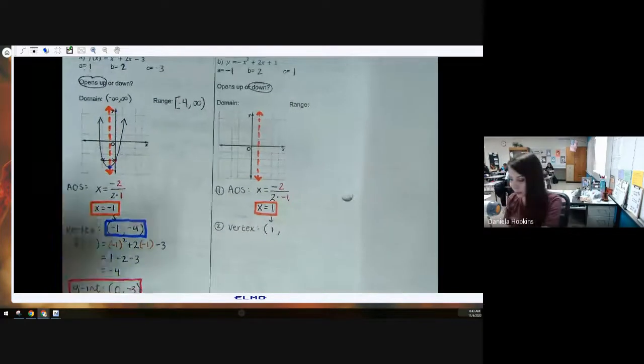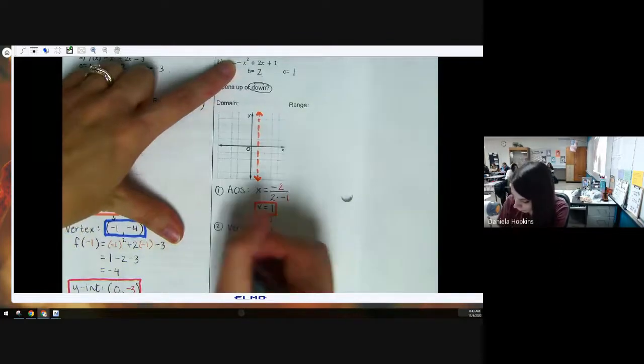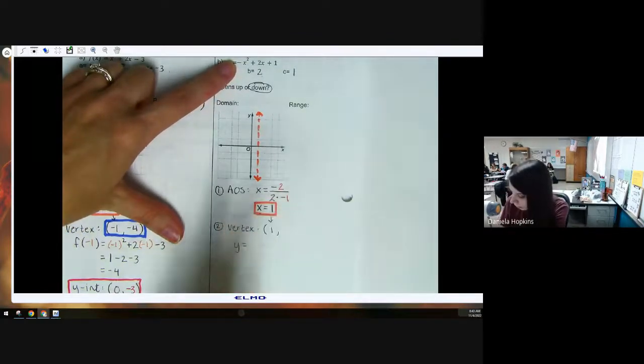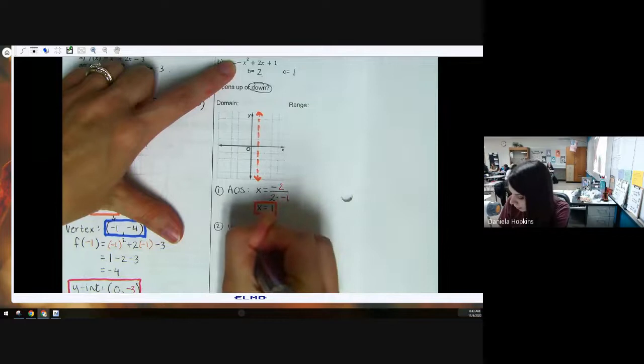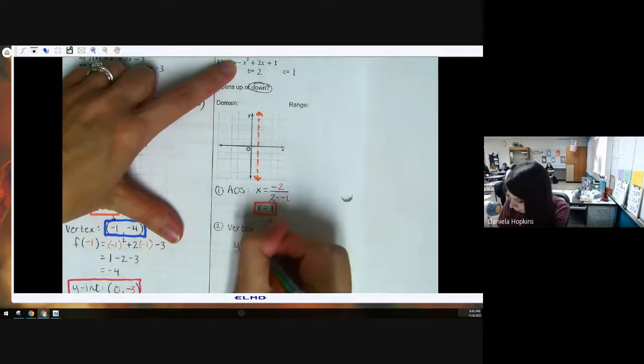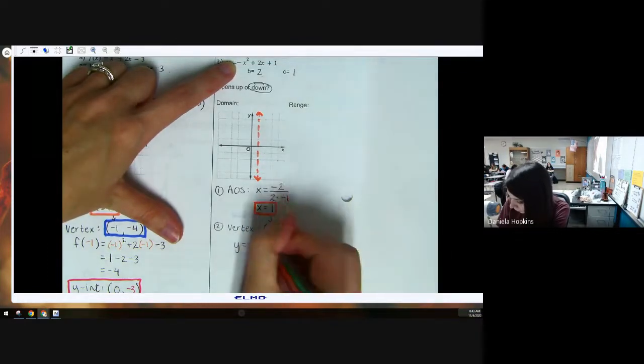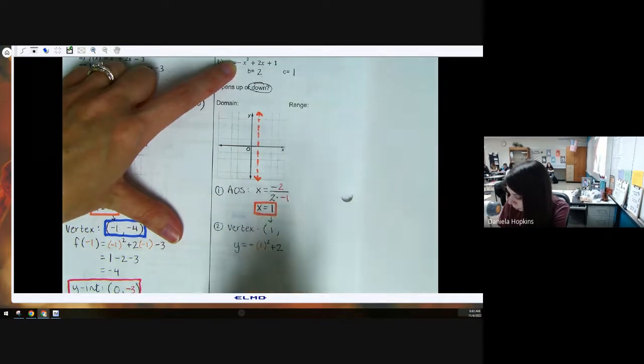All right, now we have to take this equation, but I'm going to plug in 1 instead of x. So I have y equals, and then it's going to be negative on the outside, and then a parenthesis, 1 squared plus 2 times 1